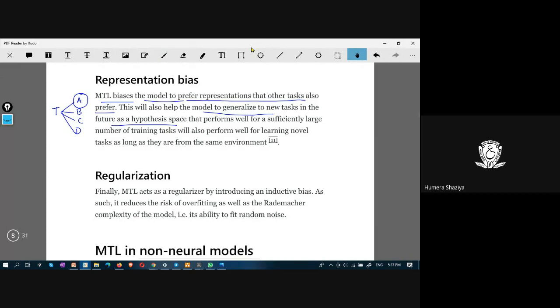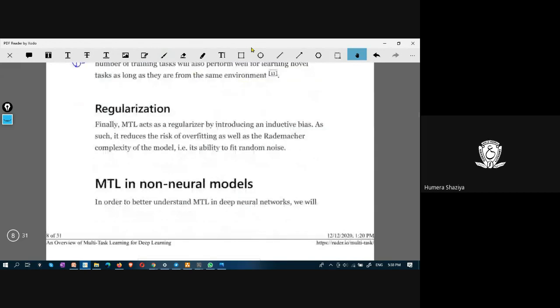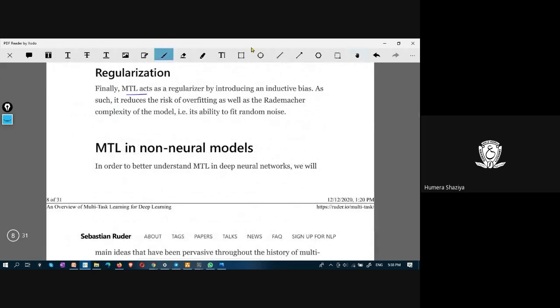It is that the teacher likes A and all the other students also like A. In this representation bias context, everyone likes A. And when everyone likes A and the model learns A, then all models can learn about every other data. Regularization: MTL acts as a regularizer by introducing an inductive bias, and it reduces the risk of overfitting.